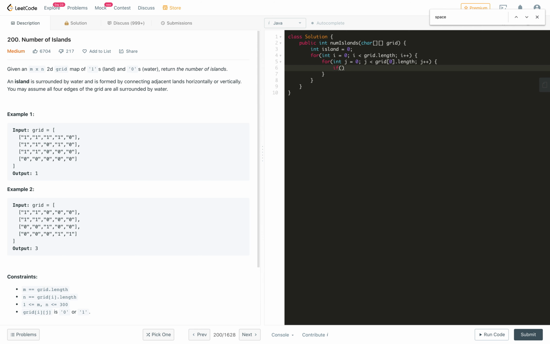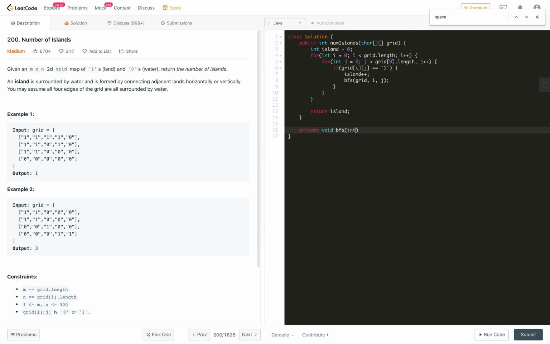If we find that grid of i and j is character 1, in that case we will update the island count and call the VFS method by passing grid and i comma j. So in the end we just return the number of islands.